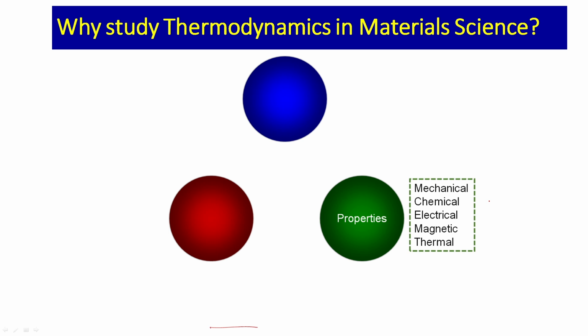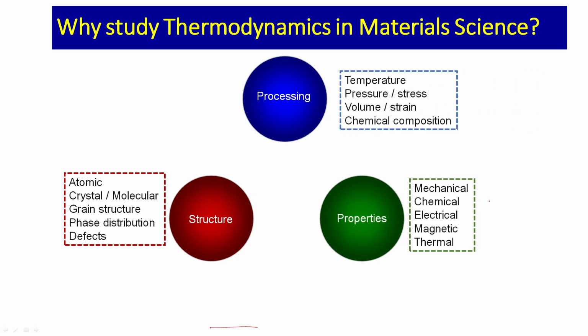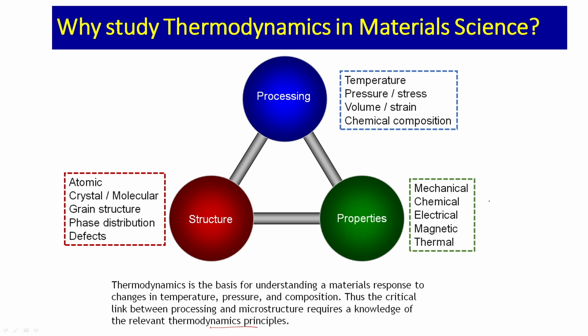We want to design materials with a target set of properties, mechanical, chemical, electrical, magnetic, thermal or any other properties, and properties are dependent on structure, as you understand. Structure means atomic, crystal, grain structure, phase distribution, defect structure. So, in a nutshell, from atomic scale to the micron scale, and then you make any component by processing, and during processing you are using different kinds of variables like temperature, pressure, stress, strain, and chemical composition of the alloy, right. So, that is the whole processing-structure-property relation, and thermodynamics is the basis for understanding this,